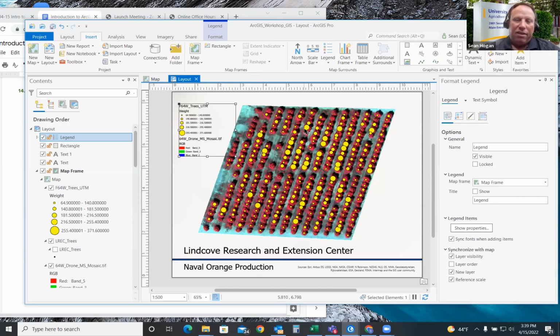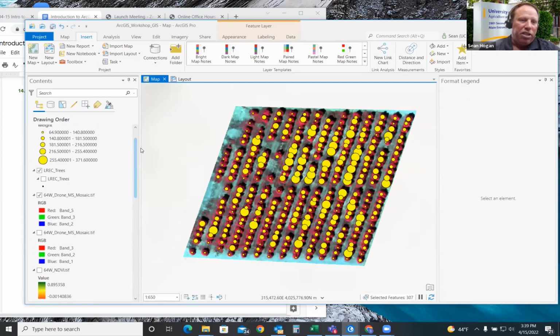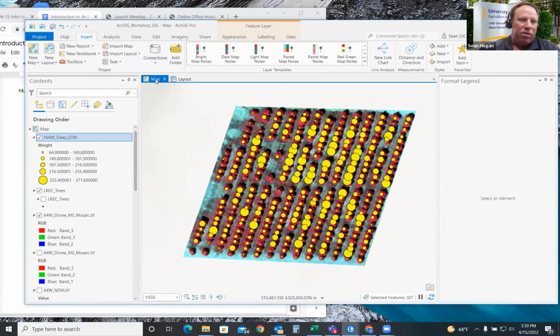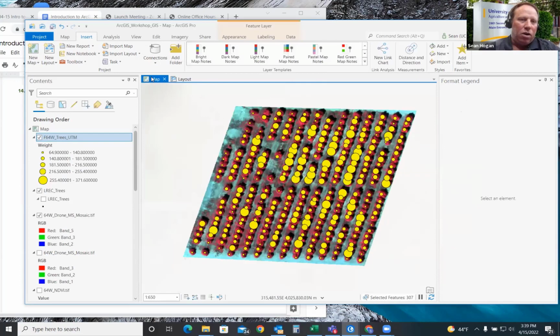The problem is, well, I would say it's not a problem, but it's kind of a problem. You can't do that here. You have to fix those in the map. Remember, this is drawing the data from the map below, and in a dynamic kind of legend like this, you have to adjust this in the symbology at the map level. So we're going to leave the layout and go to map.